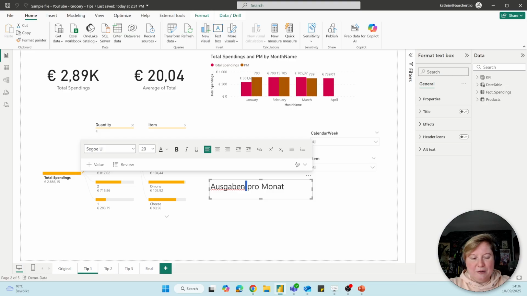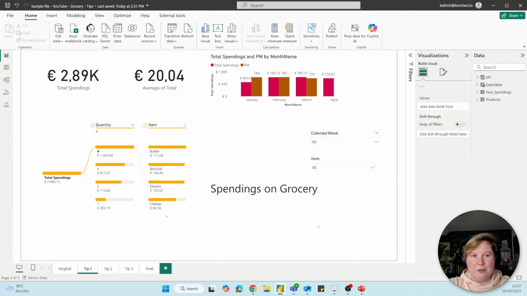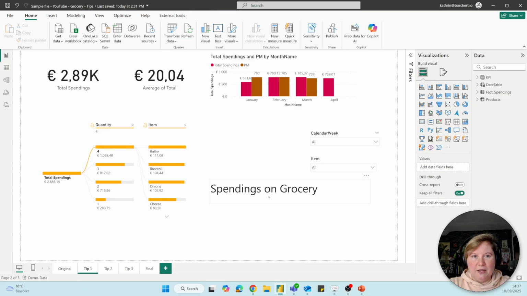So my first tip would be, I would say the first thing we have to do is focus on a specific area. For example, spendings on grocery. Okay, so very important, I can't stress this enough: use headers. Headers are important, so everyone knows, okay, this is about this and this, and that's why I put the header here. So of course it will be later on the top, but hope you understand that. You have to think about what will be your focus area on this page,